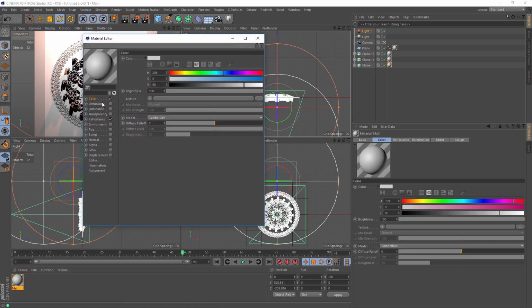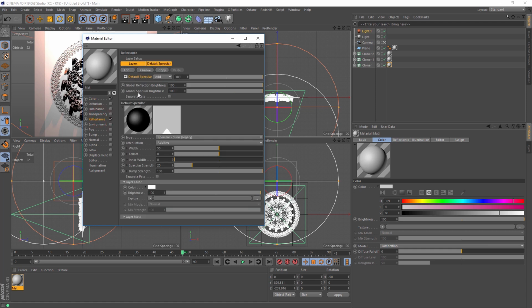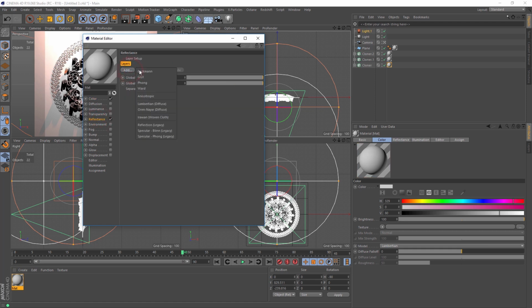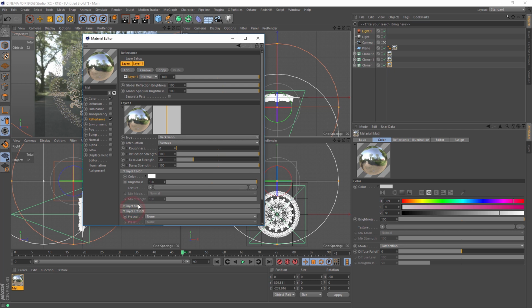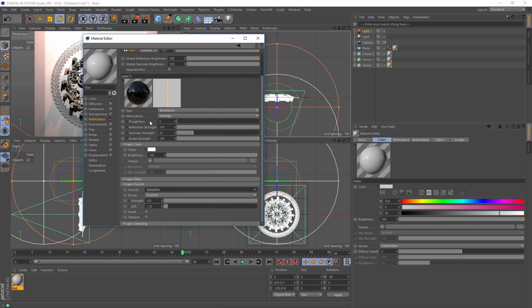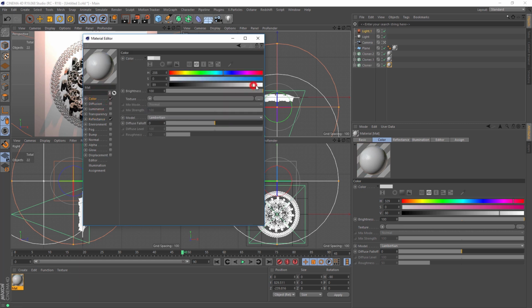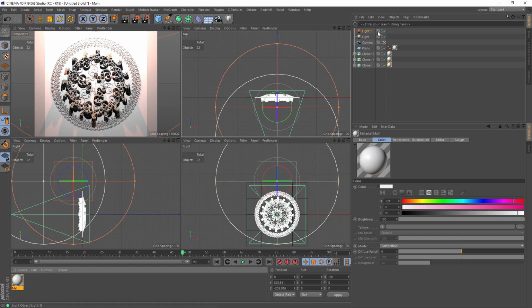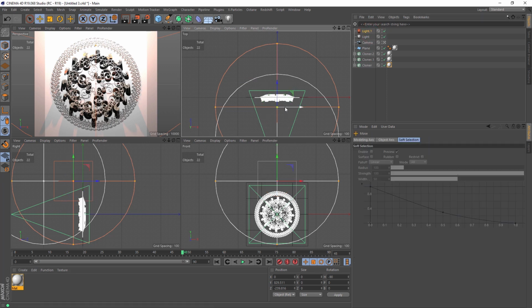This is R19 and this interface can be changed, and in reflectance I remove default specular, add Beckmann, go into Fresnel, go into dielectric and add some roughness. So basic plastic. Kind of like this. We have orange